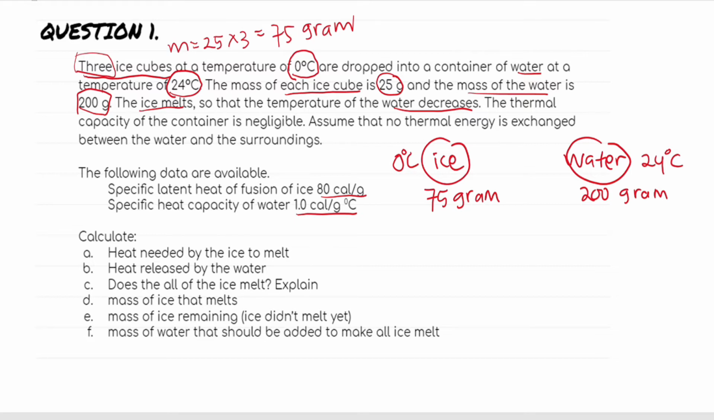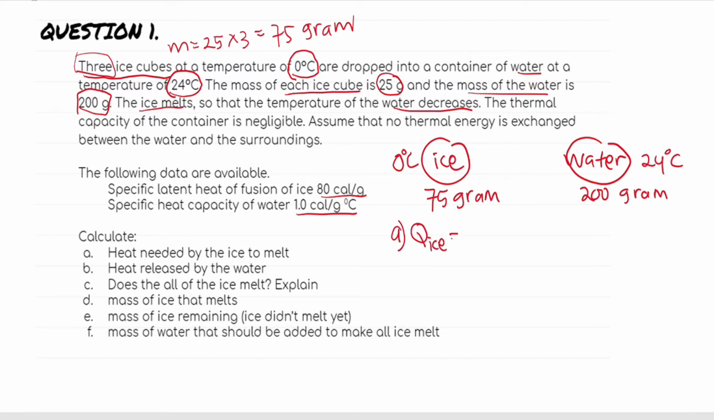Because the specific latent heat and specific heat capacity are given per gram, we don't need to convert the mass of ice and water to kilograms. We just use grams to make it easier, right? Okay. So first, we need to calculate the heat needed by the ice to melt. In this question, we know the ice will melt and the temperature of the water will decrease. So the heat needed